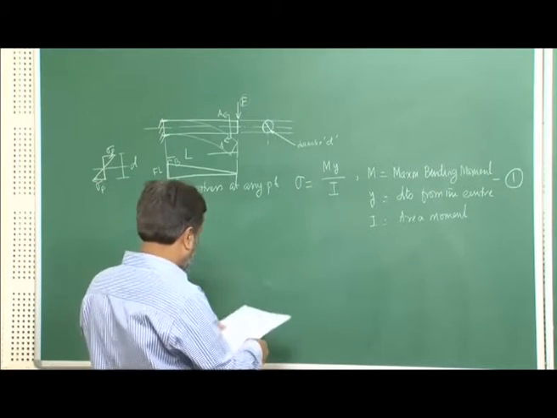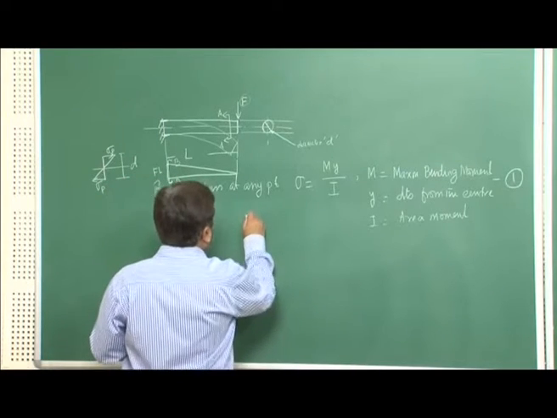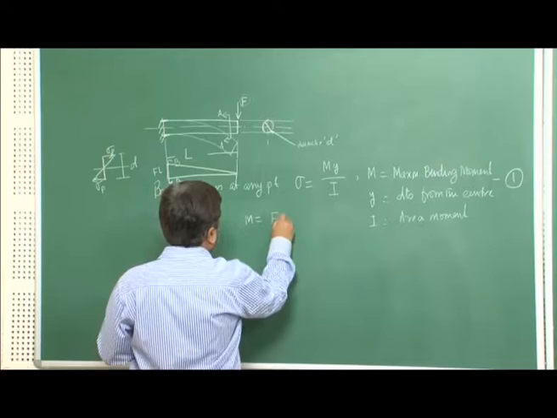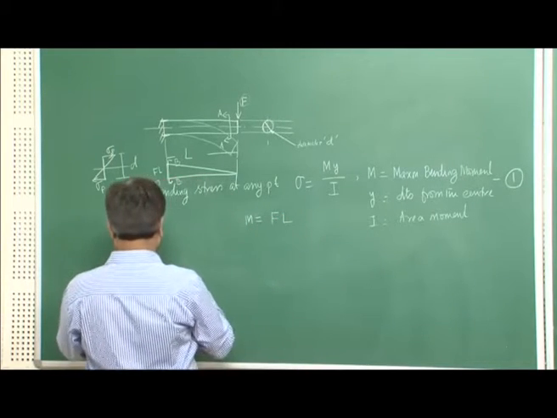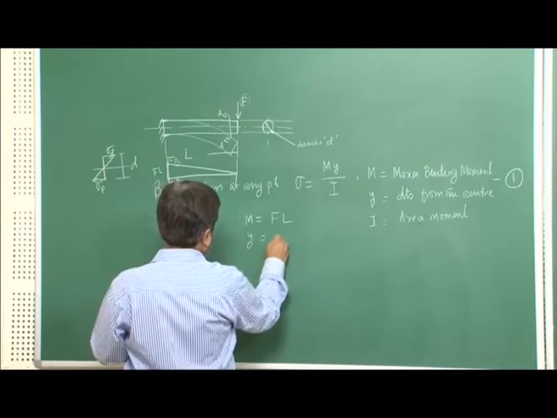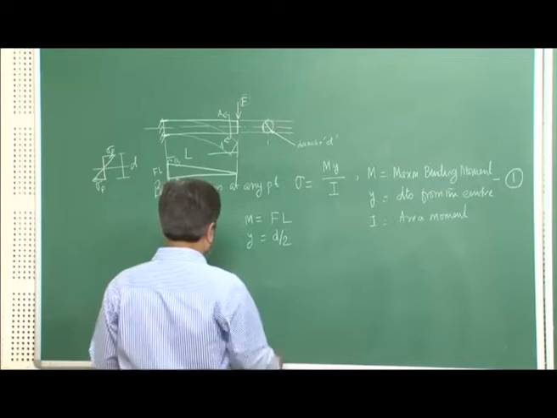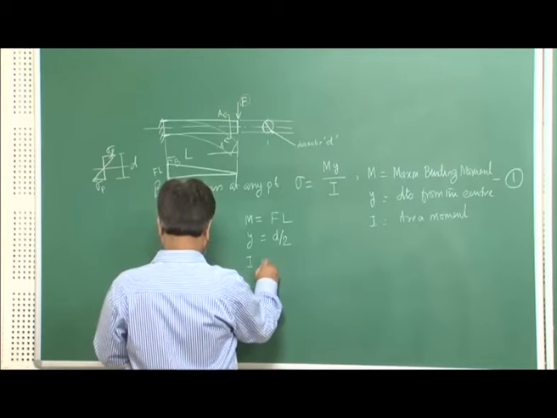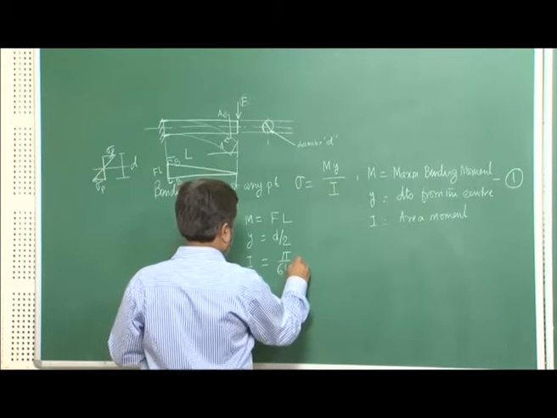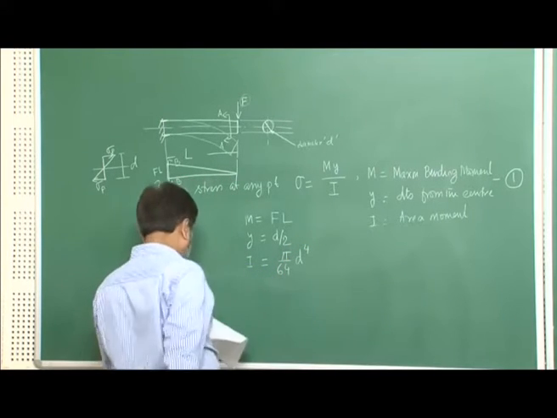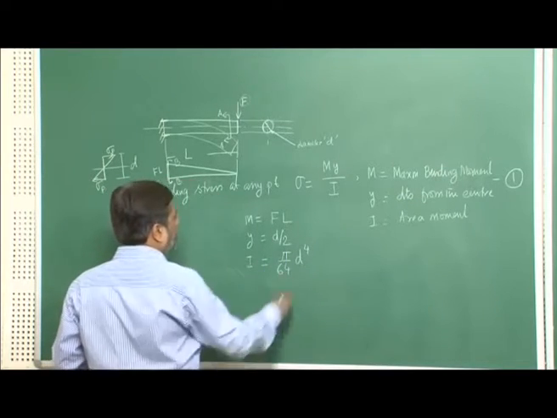Now, with that understanding, we can write down all the numerical values: M equals FL in our case, that is the maximum bending moment; y equals d by 2, that is the farthest point; and of course, I equals pi by 64 d to the power 4. So, as a result, if I use all these things